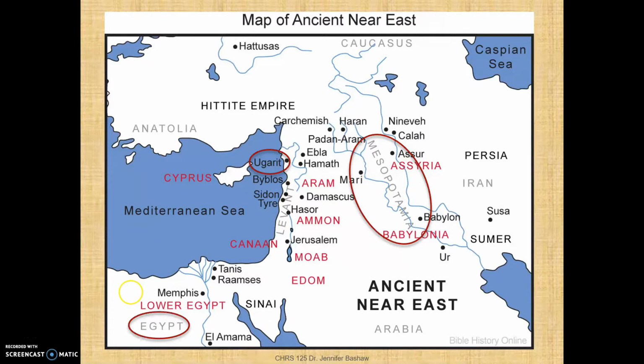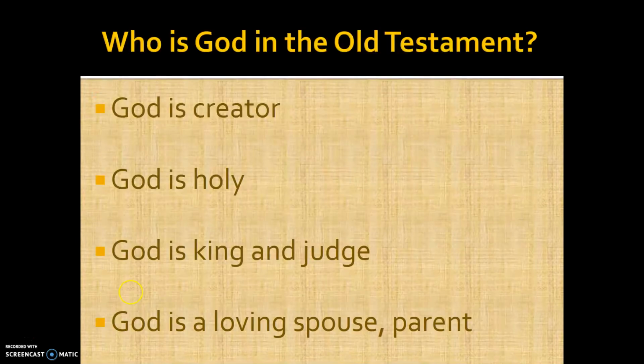The last thing we want to talk about is just the fact that when Israel is writing their scriptures, they have various views of their God. They think of God as creator, God as being holy, God as being king and judge, and God as being a loving spouse or parent. And we're going to see these themes pop up all throughout our study of the Old Testament. But for now,